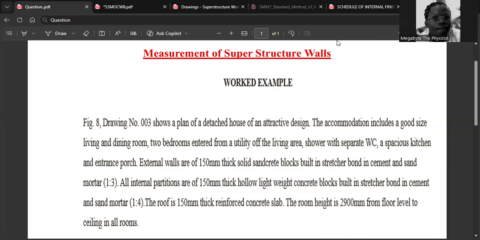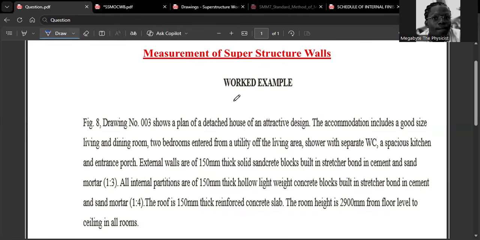So in this section, we want to look at measurement of superstructure walls. Good. But we are starting with a worked example. And the question says that